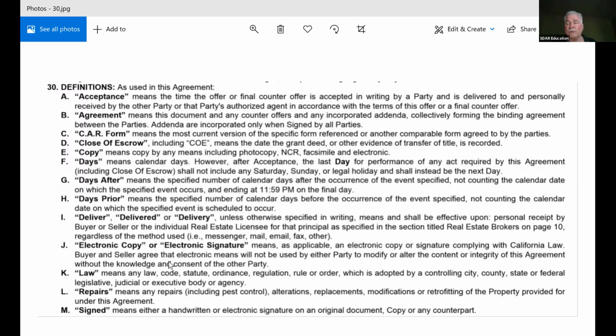Because sometimes, folks, we got really good software, and I've been asked to come into court to testify as to what was the date that the signature actually happened. Was it the electronic signature with the electronic date, or oh no, it turns out that somebody had manually put the date in by double clicking on the ZipForms, and it popped in the date that they wanted it to say. Okay, all right. So let's not do that. And please don't alter documents.